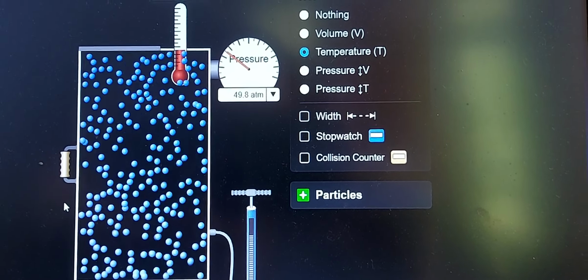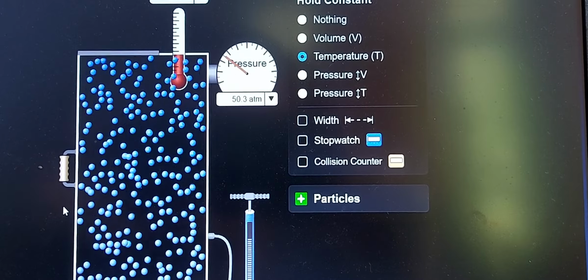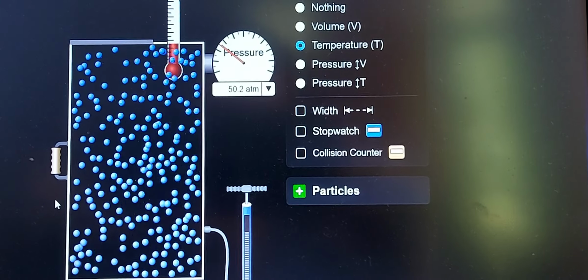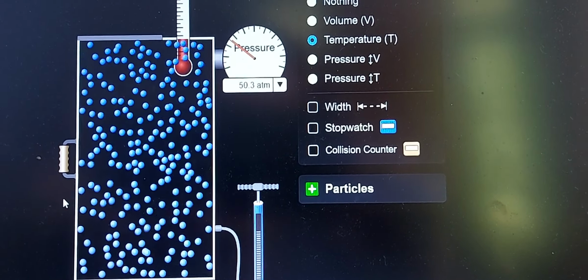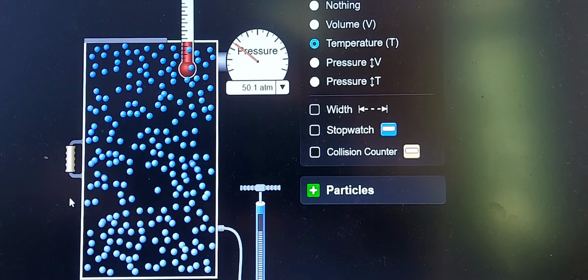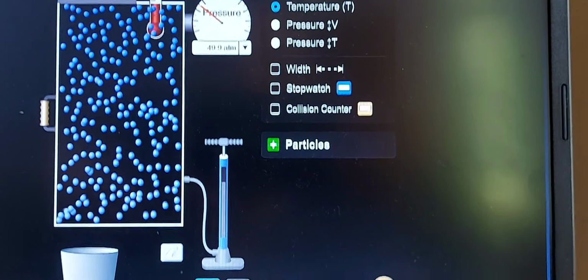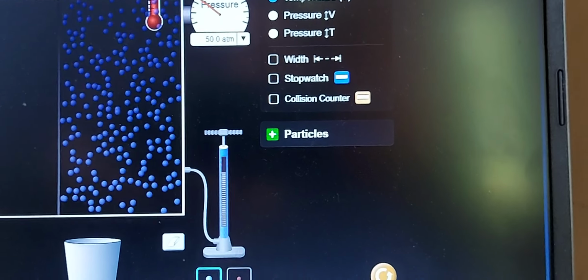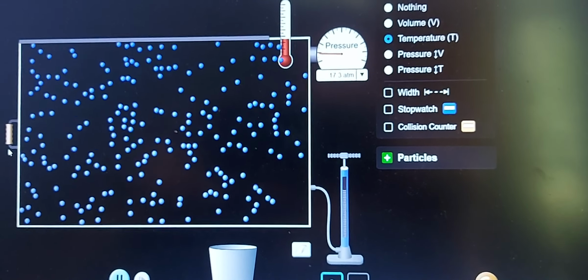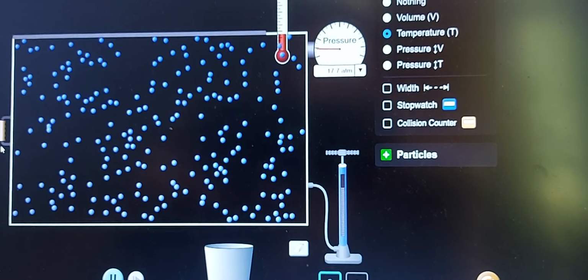If the volume is increased, pressure is decreased. But if the volume is decreased, the pressure is increased. So what we did here, we decreased the volume, and consequently the pressure is increased. It's inversely proportional. Okay? Now, let's enlarge the volume. Okay? When we enlarged the volume, the pressure from 50 earlier or 26 earlier became